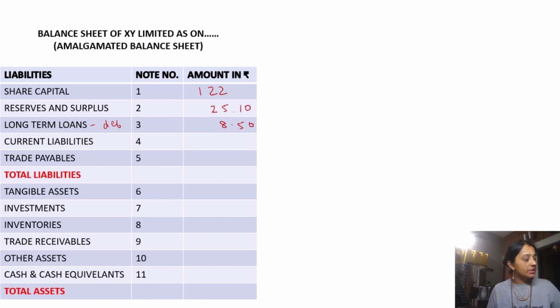Then current liabilities, we take other current liabilities, that is 3.50. All these things you have to show in working notes. Then trade creditors will come under trade payables, that is 8 lakhs. So when you total the entire liabilities, it comes up to